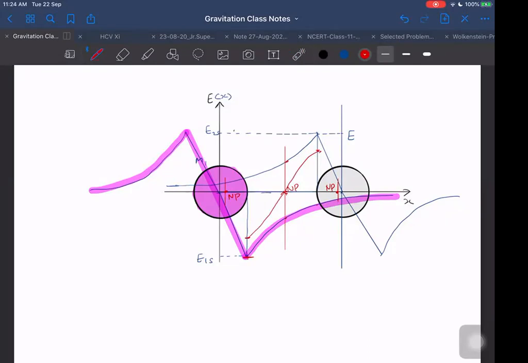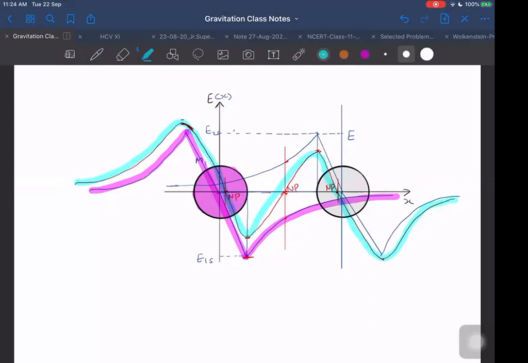Next, this straight line will no more remain straight line. It will be different, and it will be going from here to the null point and to the other side peak somewhere here. And then it will start decreasing and like this. And here on the other side, it will be going through the null point to the other side peak. And then it will start decreasing here like this. Something like this it will be. This red colored graph will be there finally. That will be our graph. After adding both the graphs, this is the resultant graph.